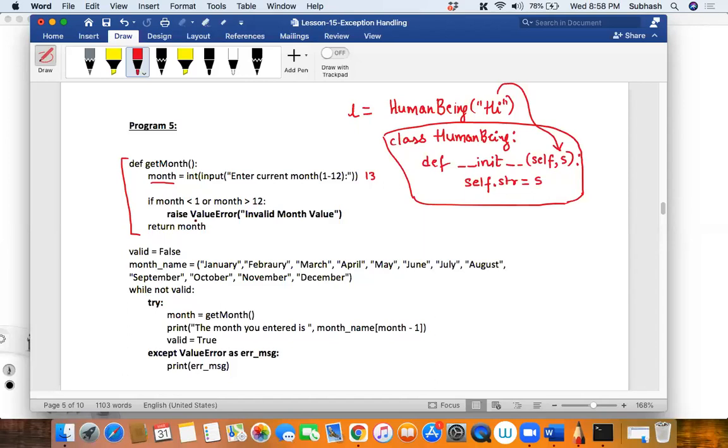It will raise an error. Okay, no, it will raise value error. Can you notice something similar to what I just explained now? Can you see something that I explained over here? This is a string and this is the name of the class. This is the name of the class and this is a string that I'm passing.